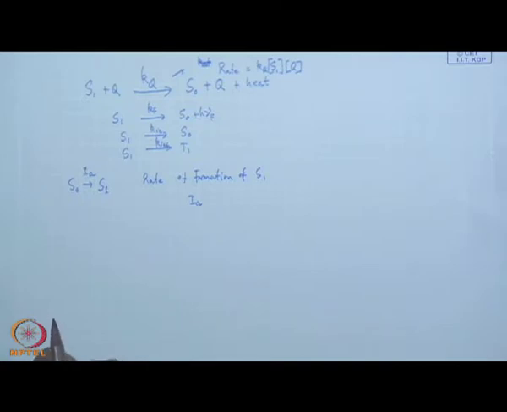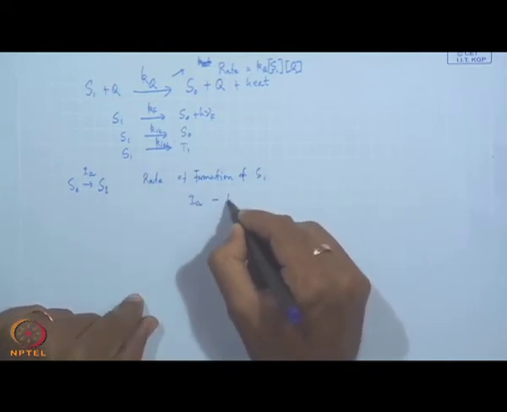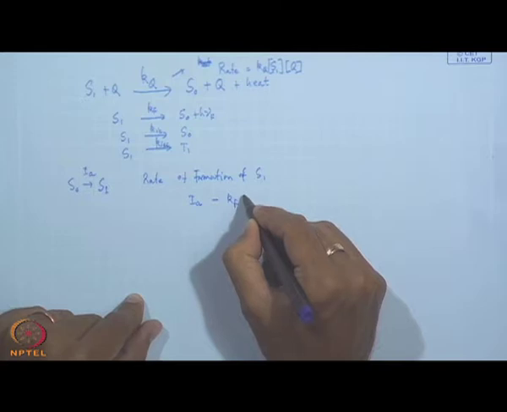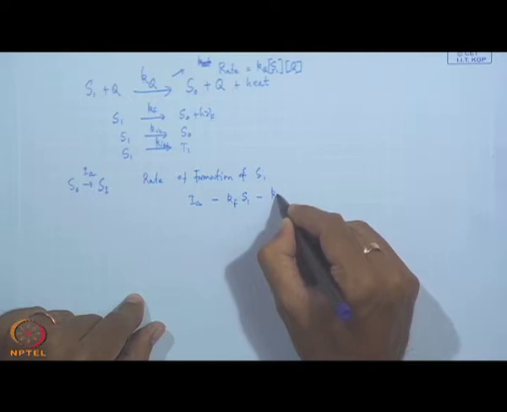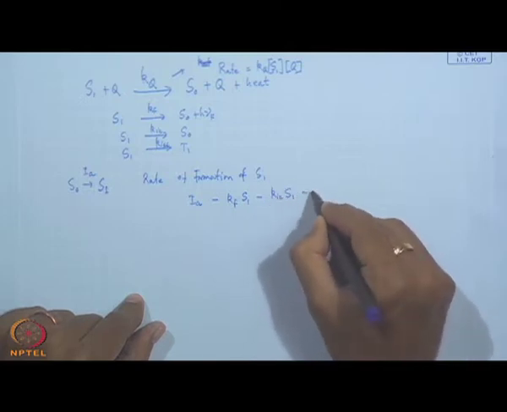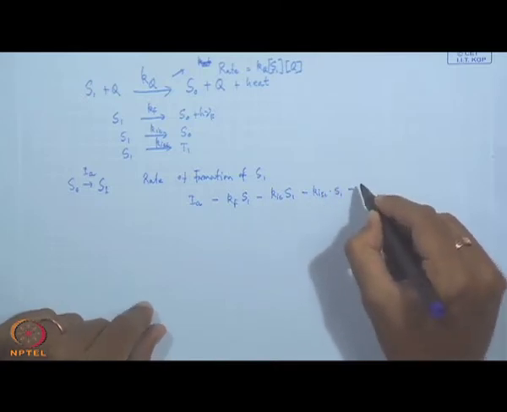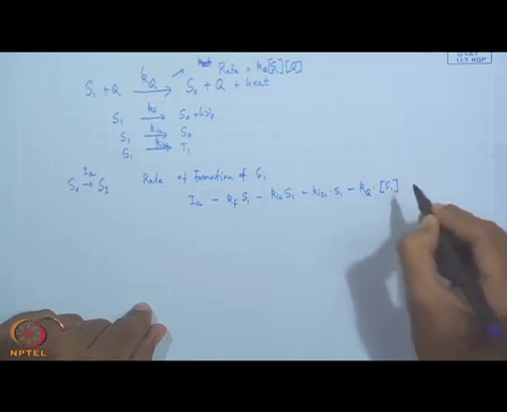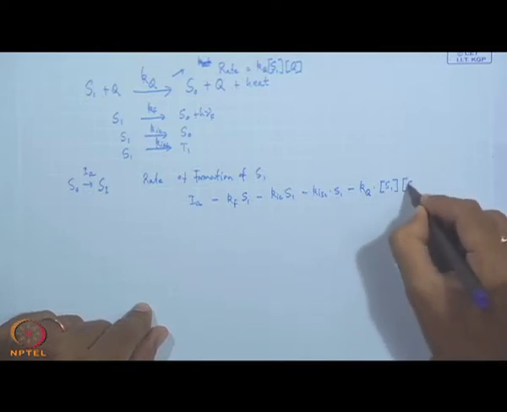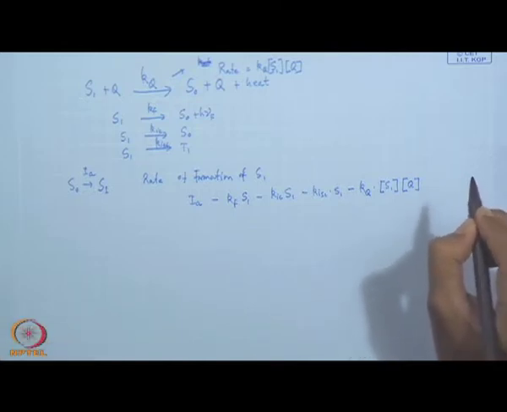So here it is formed and the rest is depleted: minus Kf into S1, minus KIC into S1 concentration, minus KISC into S1, minus Kq into S1 into Q. If you apply the steady state approximation,